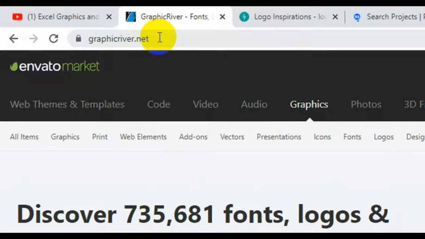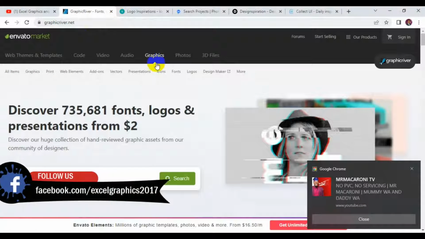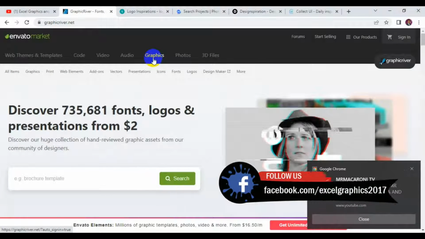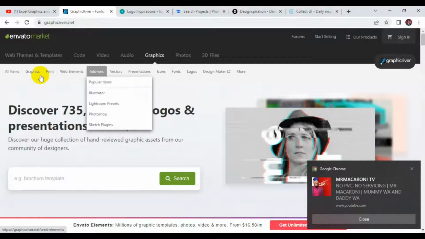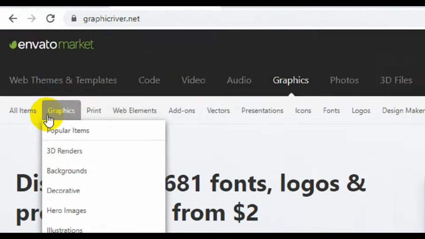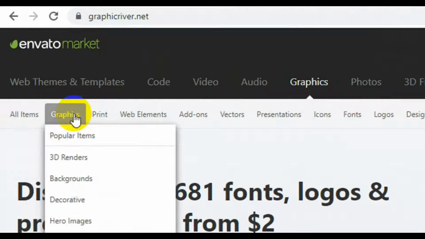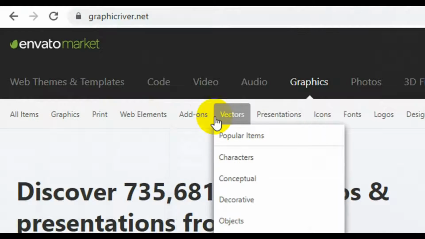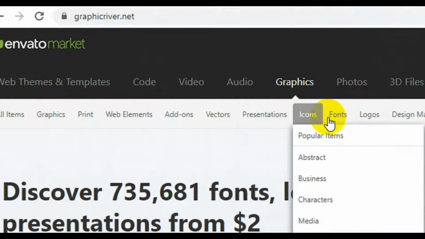This site is very good whether you are a graphic designer, web designer, or a programmer. There are a variety of design concepts you can get from this site. So let me quickly start from graphics. If you are looking for graphic design ideas, you can scroll down right here and begin to navigate from the home tab: all items, graphics, print, web elements, add-ons and vectors, presentation icons, fonts,